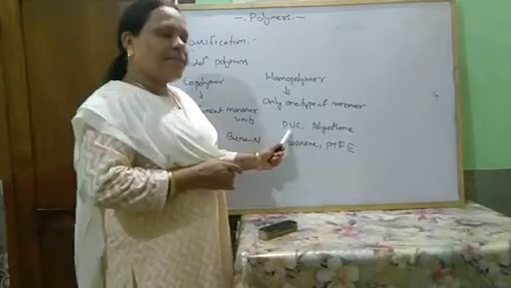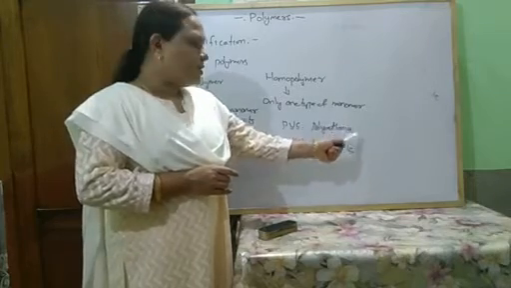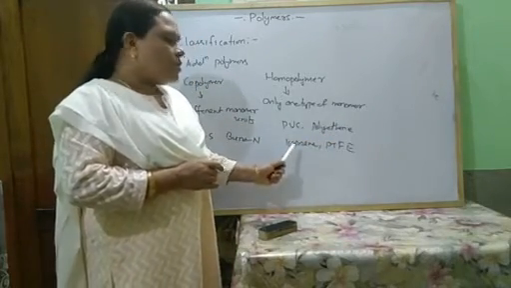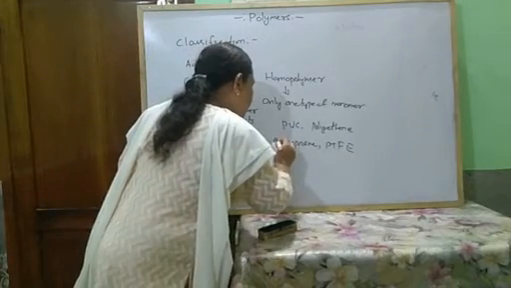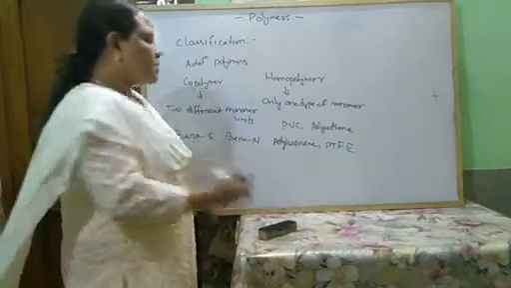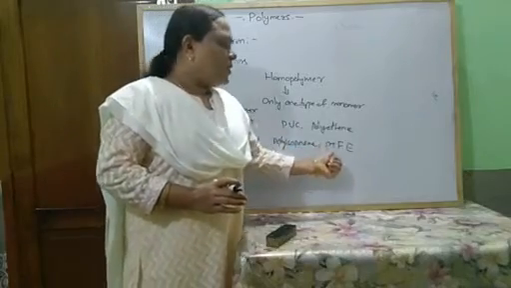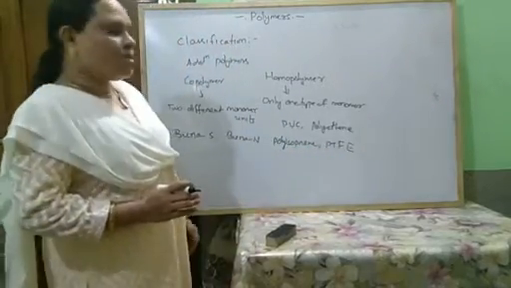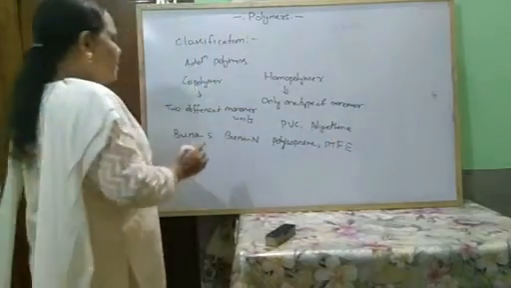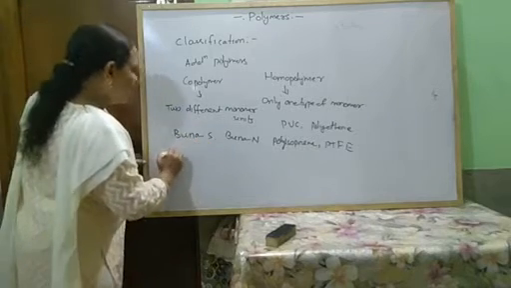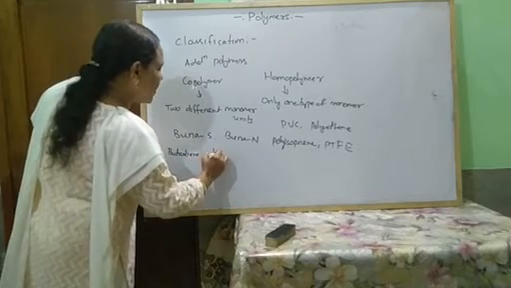Here the monomer unit is vinyl chloride. Here the monomer unit is ethene or ethylene. Here the monomer unit is isoprene, but this is polyisoprene. So polyisoprene is natural rubber, and polytetrafluoroethylene, here the monomer unit is tetrafluoroethylene, and here the monomer units are butadiene and styrene,